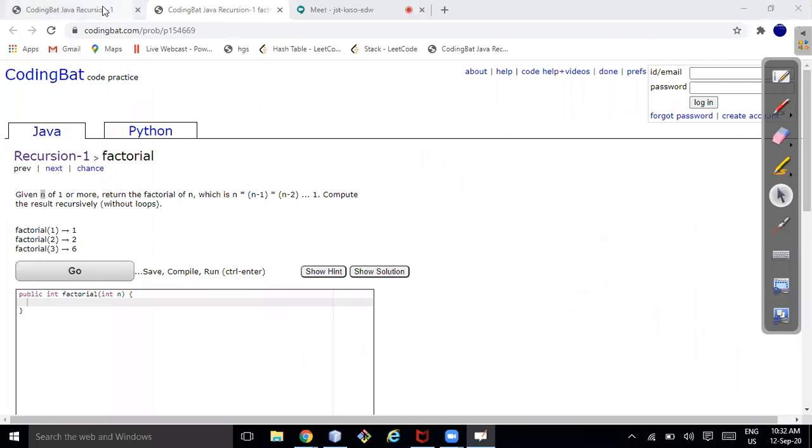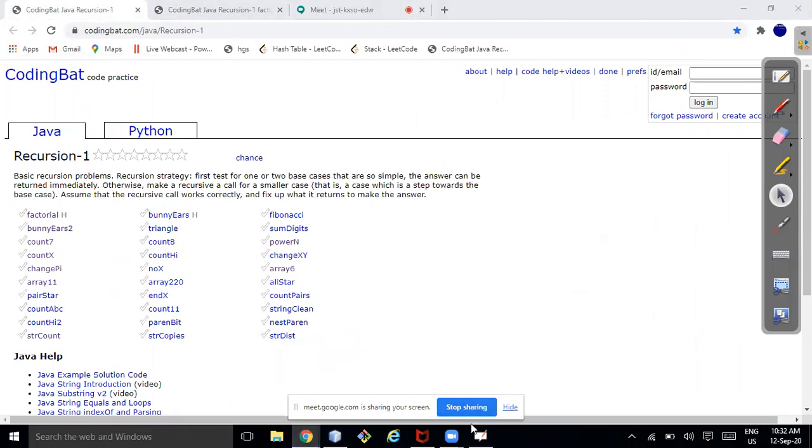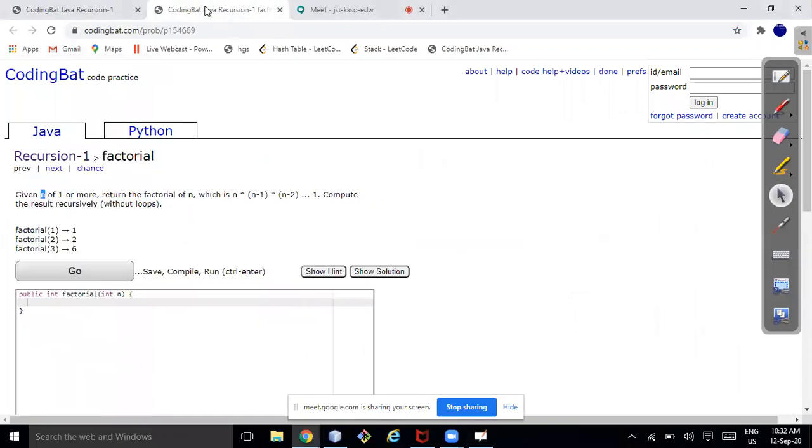Or any question? Any question? No, sir. Everyone good? So just do one thing. Try to write code in your laptop so that you will get confidence.